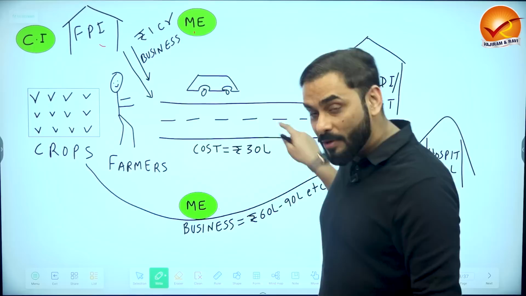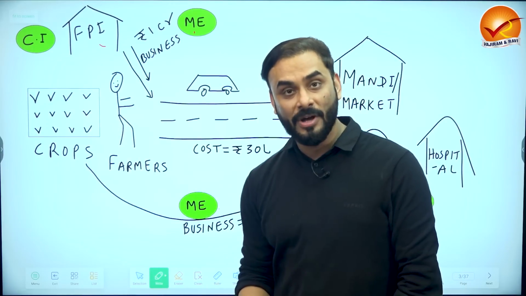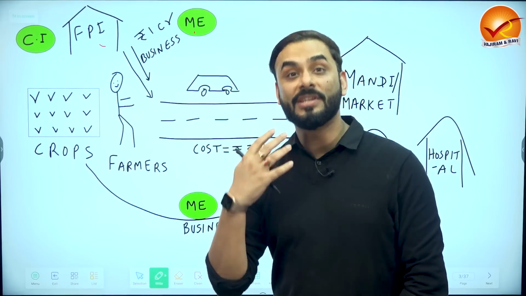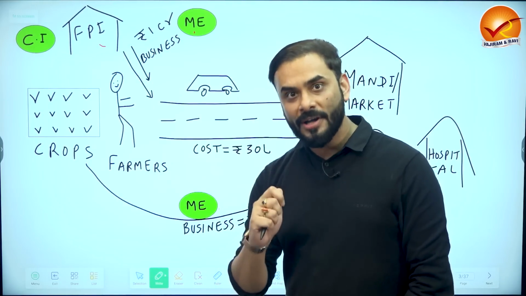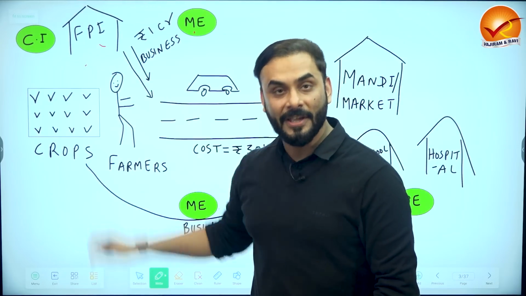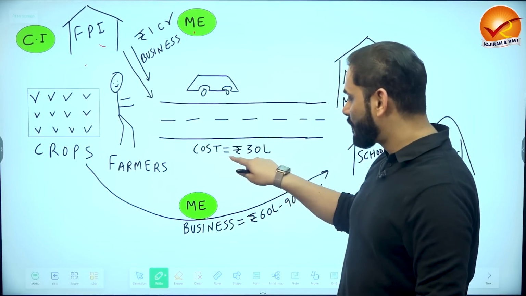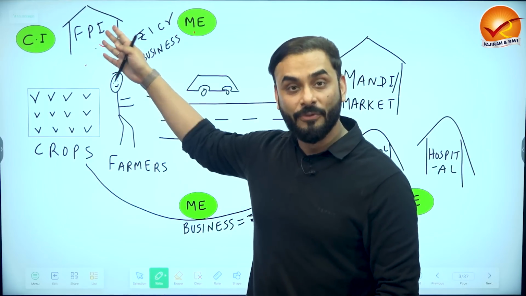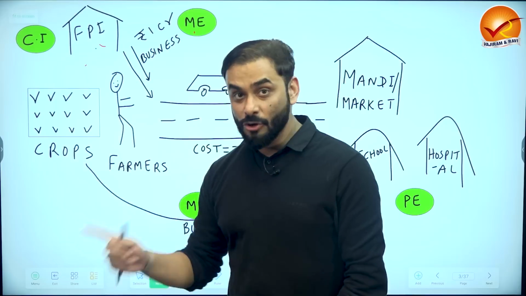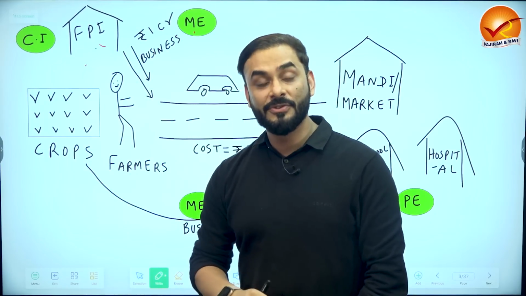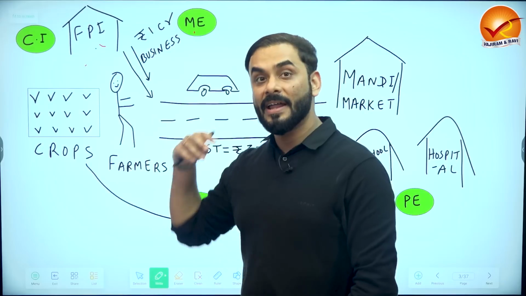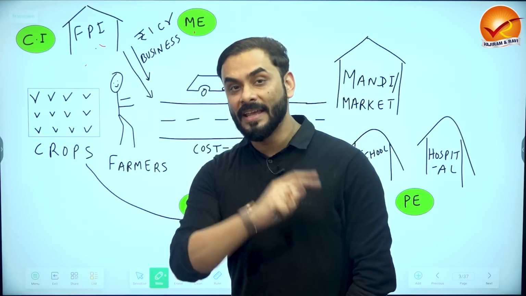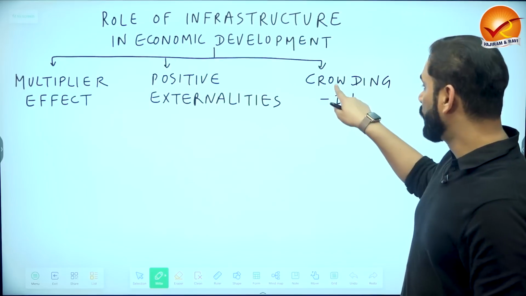See, now that you have a road and now that you have farmers who are producing crops here, there are many food processing industries who would be motivated and who would be lured to come and establish their factories here. So if government spends or invests 30 lakh rupees on the construction of road, these private industries, food processing industries, they come here, not one industry, but many such food processing industries would come. They would take loan from the bank and they would start their factories here, right? This is called as crowding in. You see this phenomenon, crowding in.